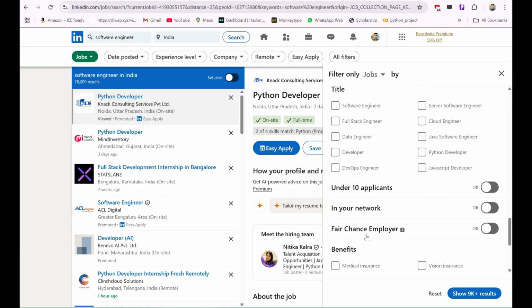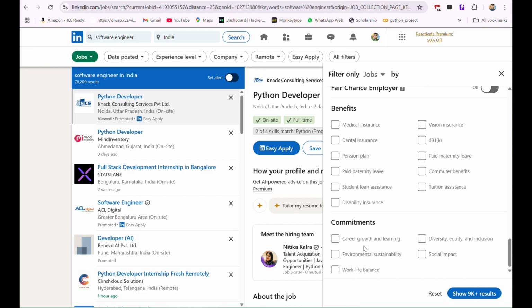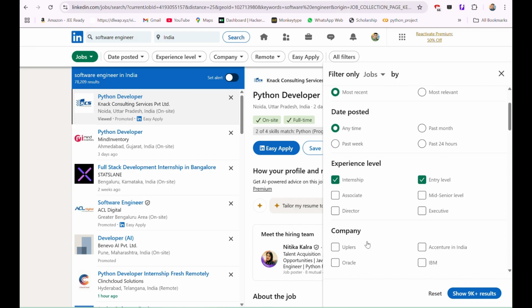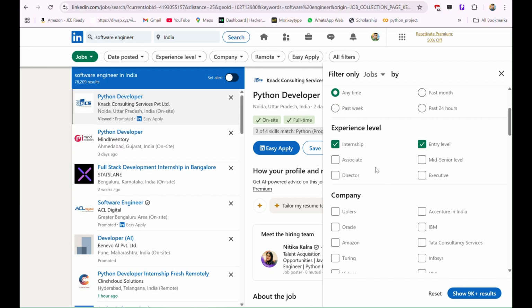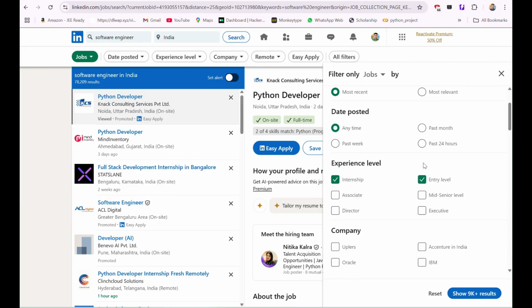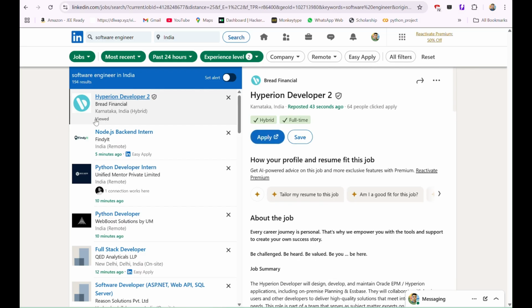And now we will go slightly below, where experience level is. Okay, so anytime you will select past 24 hours. Okay, so let's check how many vacancies there are now. Okay. So you can see here, just 194 vacancies are open in software engineer posts, and now there are many